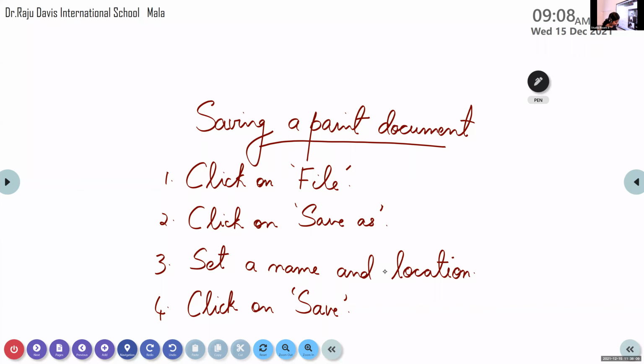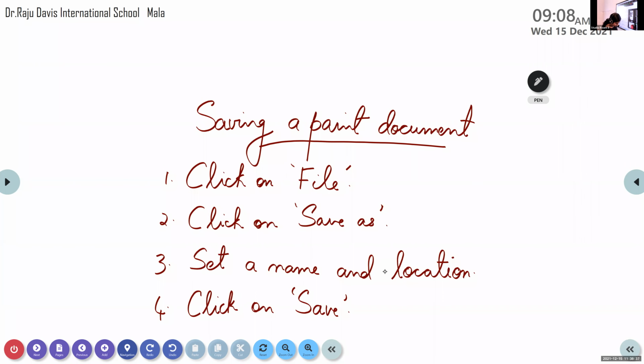Manav. Present. Merin Justin. Present, ma'am. Maithili. Muhammad Rishan. Present.